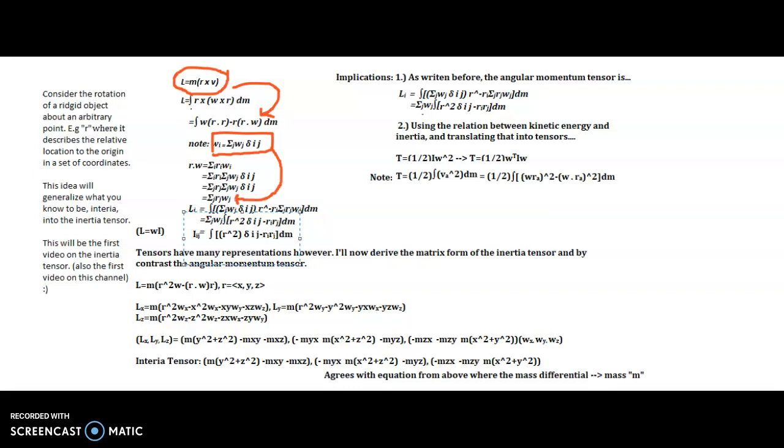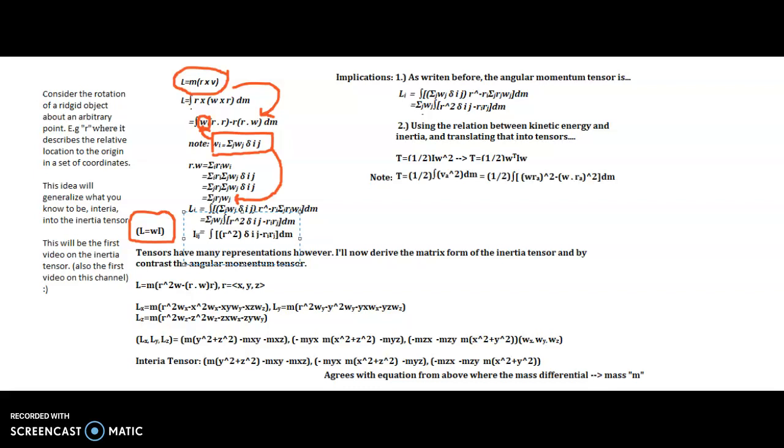I'll then apply this identity to this term, or part of it at least, the angular velocity part. And as a consequence, I will have derived the components of the angular momentum tensor, as everything is in its component form. Now, if you recall the classical relationship between angular momentum, angular velocity, and the moment of inertia, you